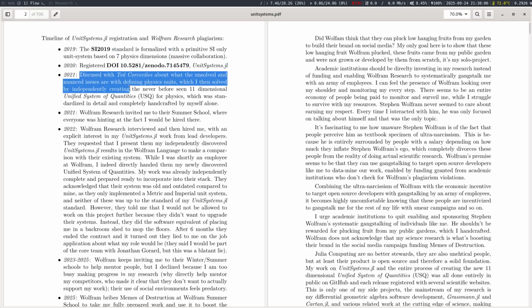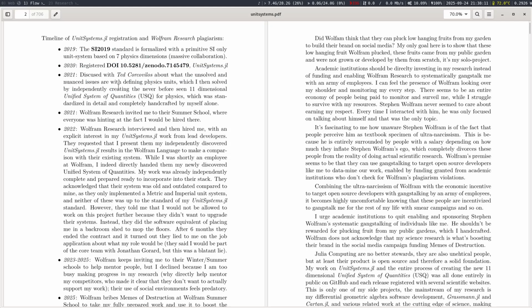And I discussed with Ted Korkovilos what the unsolved and nuanced issues are with defining physics units, because I was registering this unit systems package, so Ted could download it and we could talk about it. And I've gone through several releases while talking to him. So we were talking about the unsolved and nuanced issues with defining physics units, and I then solved it